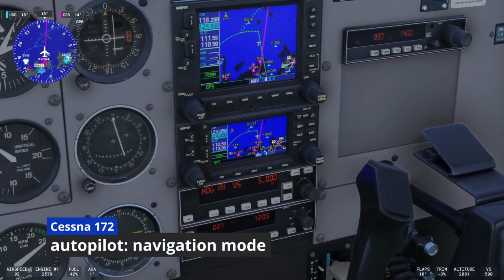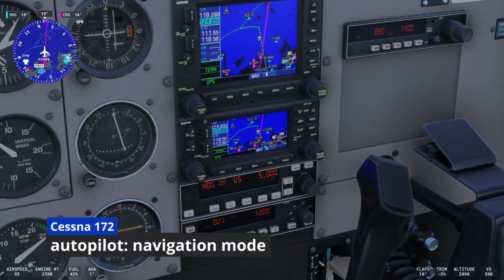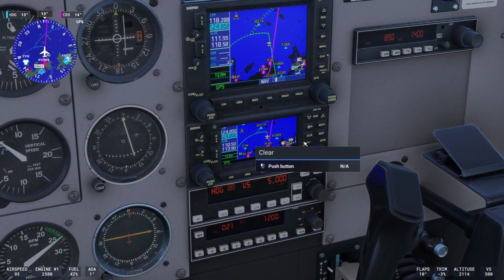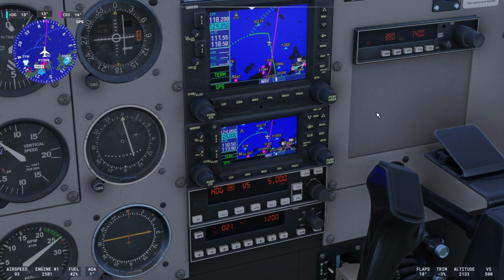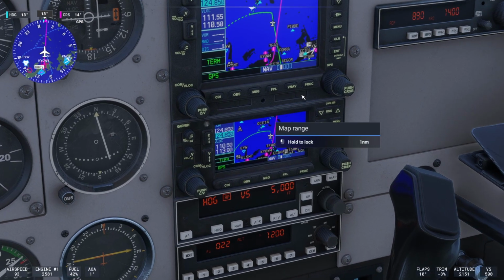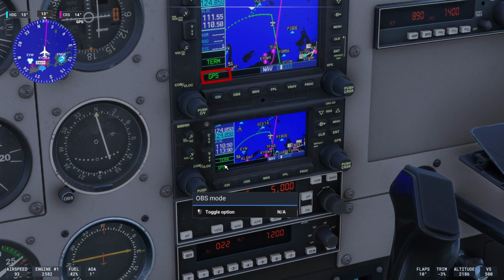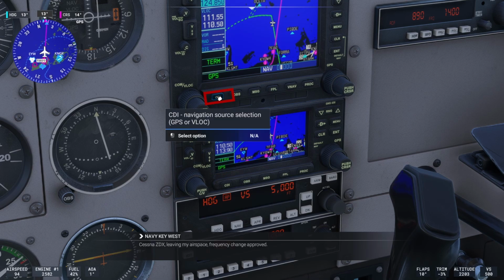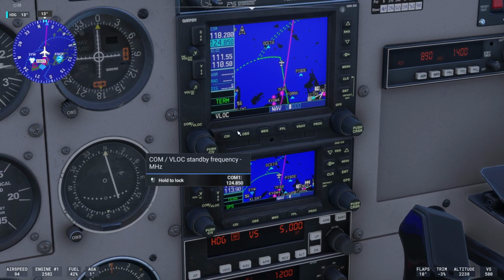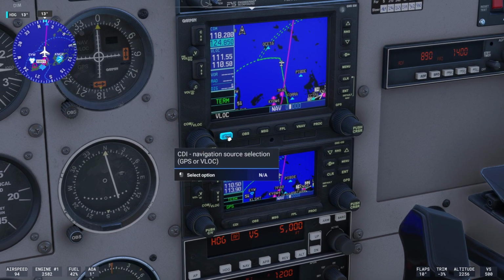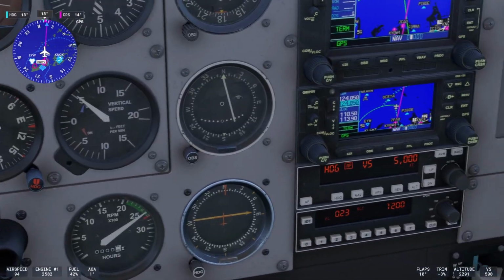Another thing about the nav mode, right? The nav mode is also super nice, but there are some things you need to be aware of. First of all, you need to make sure that the CDI source is set to GPS, right? You can see it over here on the 530 as well as on the 430. But if I press the CDI button, you can see that this instrument changes, but also this changed to VLOC. So make sure that you're setting it to GPS,